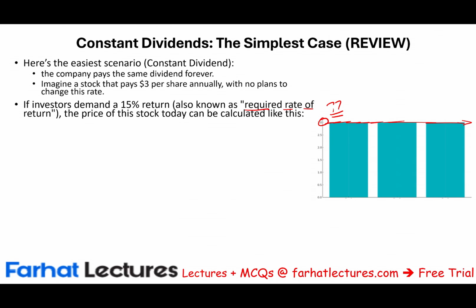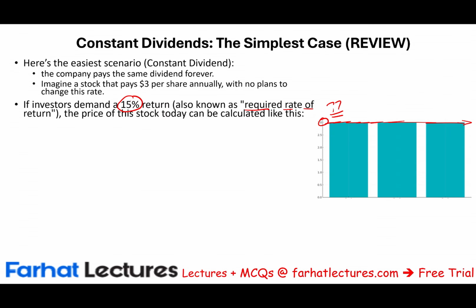Now, for this investor, we expect 15%. Later on, we would look at this required rate of return, or the discount rate. It goes by several names, but what is that required rate of return, or R? R is what the investors want to earn. Usually it's the cost of equity for a company. For the investors, it's how much do I want to earn to compensate for my risk,